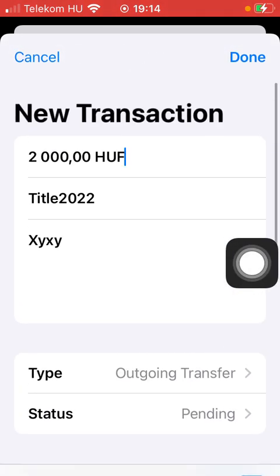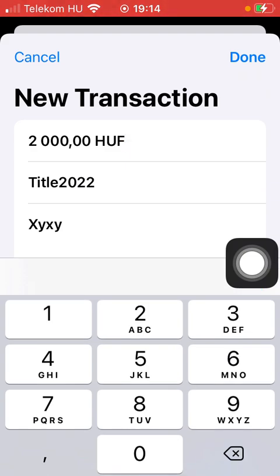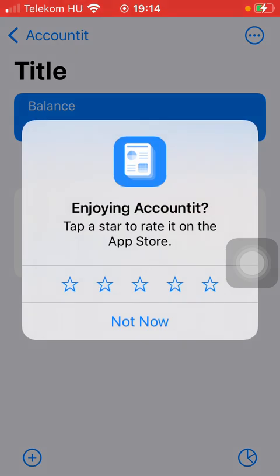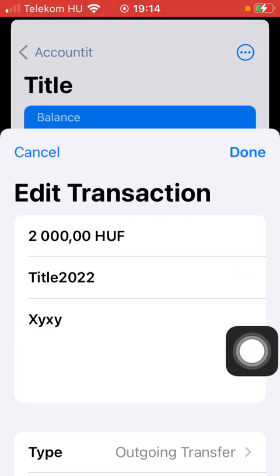If you are done with all these steps, click on the done button in the upper right corner of the screen to save your new transaction to your account. Here you can find it, feel free to